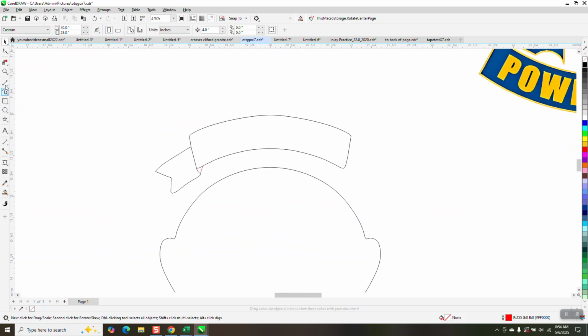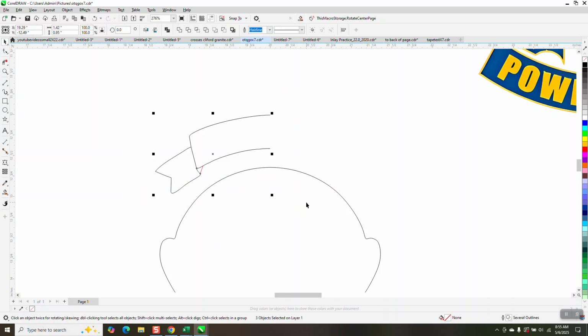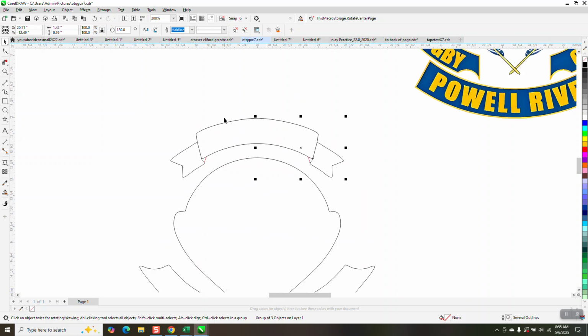I think I'm nudged still in the center of the page, so I'm going to do that same trick by hitting P. Just extend that line up. I'm going to go ahead and cut this away. See, that way at least they'll be equal. Get rid of my line. Select those two. Control G to group, Control D to duplicate. And there you go. See how it kind of looks like a